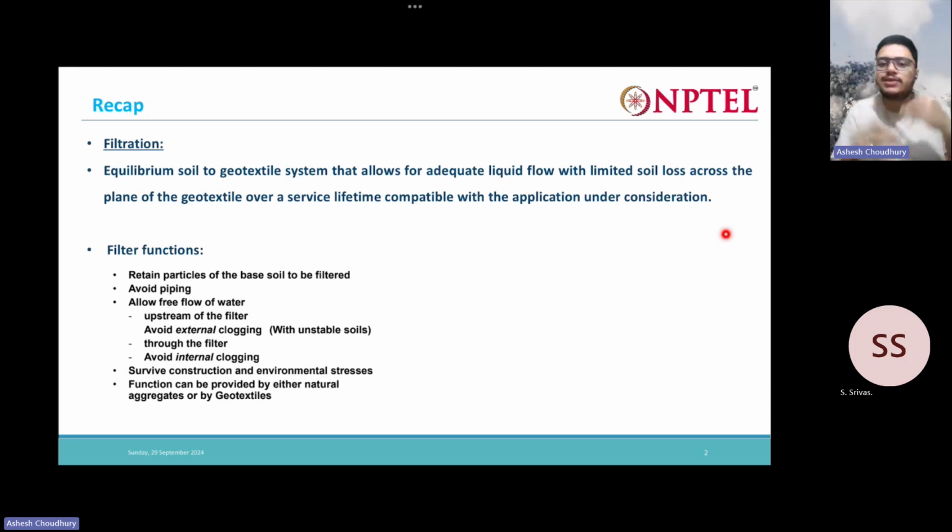As a designer, it is your target that whenever you design a filter, it should be running properly throughout its whole service lifetime. All right,